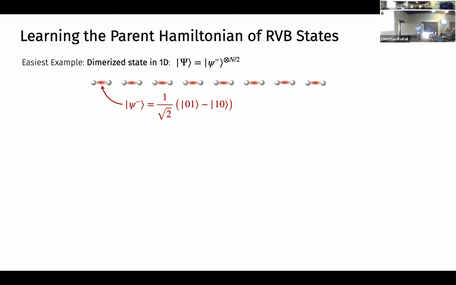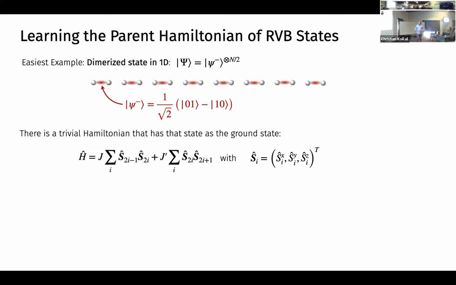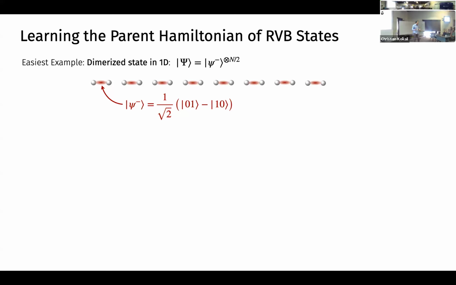He was asking me, while I was explaining Hamiltonian learning to him, the following question. Take a state that dimerizes, a 1D chain of spin-1/2 particles, where the pairs form dimers. So a dimerized state, each pair of particles is in a singlet state. Can you write down a Hamiltonian that has this as a ground state? And actually, this is a bit